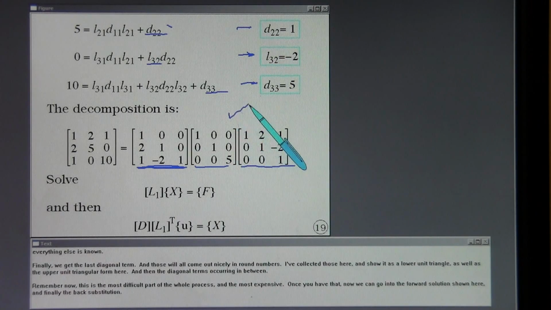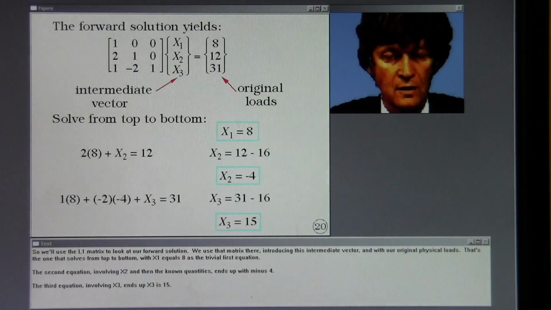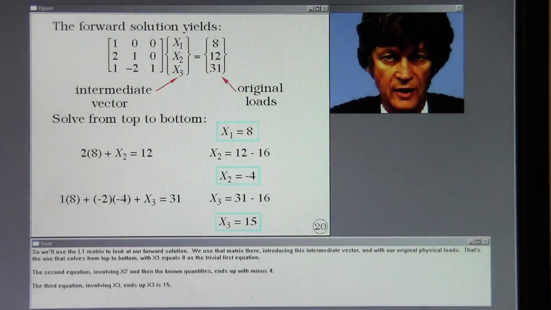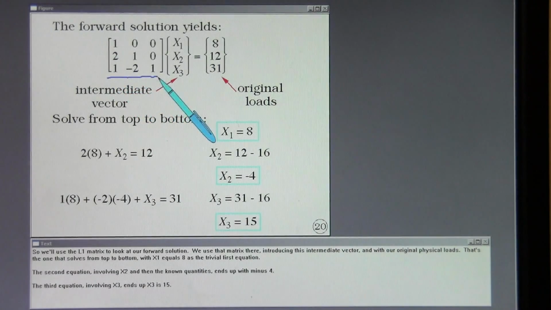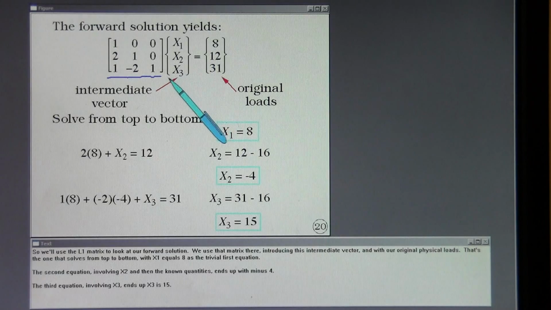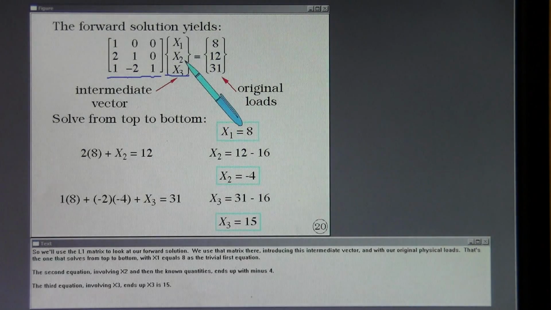Remember now, this is the most difficult part of the whole process and the most expensive. Once you have that, now we can go into the forward solution shown here and finally the back substitution. So we'll use the L1 matrix to look at our forward solution. We use that matrix there, introducing this intermediate vector, and with our original physical loads. That's the one that solves from top to bottom with x1 equals 8 as the trivial first equation. Second equation